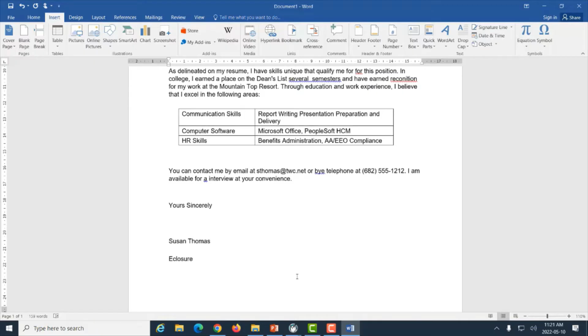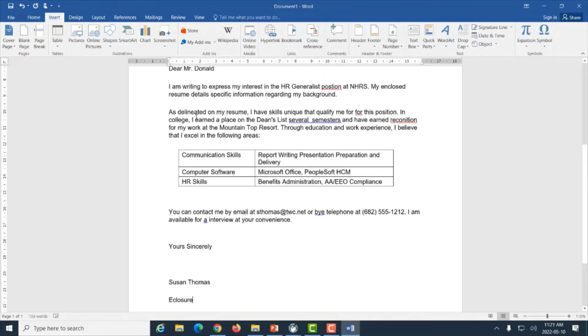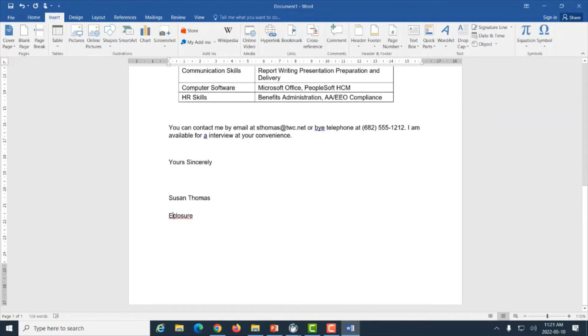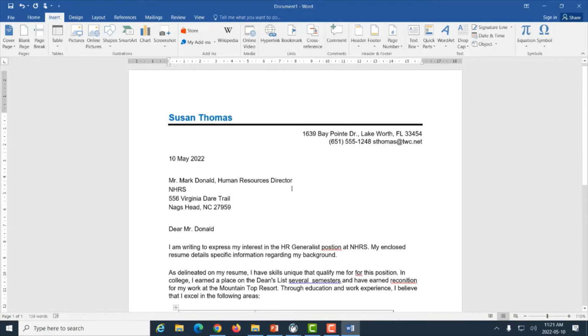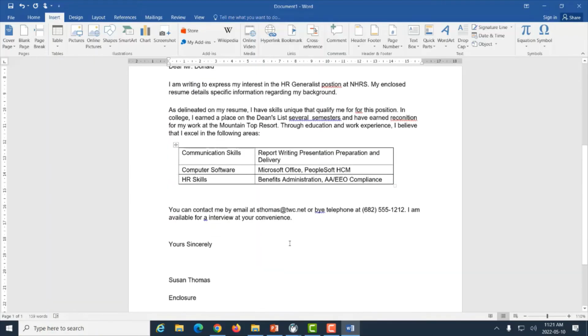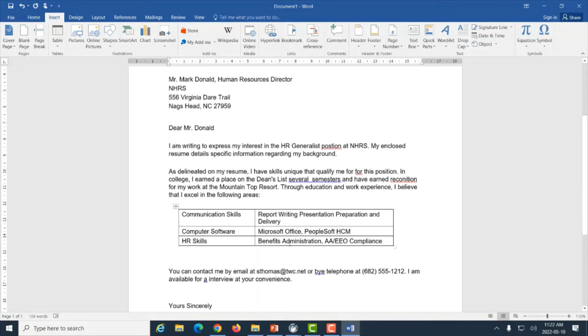You don't type "Enclosure" on all letters. You only type it at the end if the letter has something accompanying it. In our case, we do have a resume that they need to look at, so at the end we remind them that there's an enclosure, something enclosed with this letter that they need to go and look at, right? But now, before we send this letter,